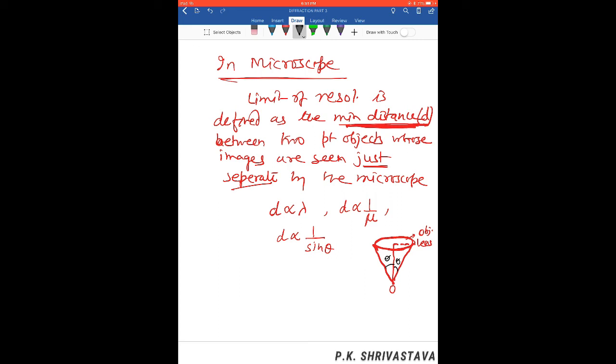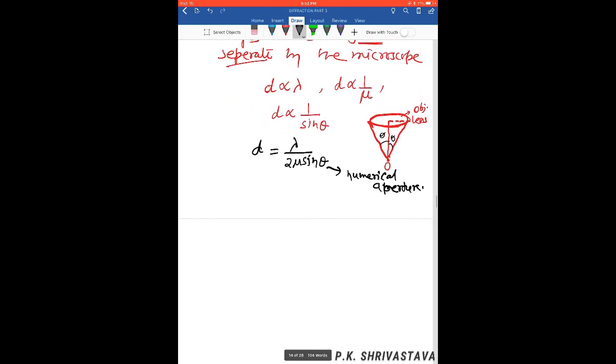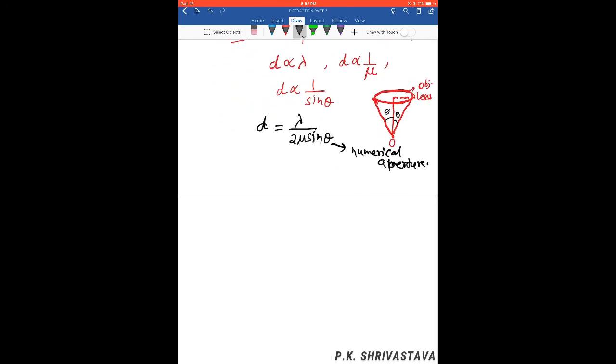So the limit of resolution is given by d equal to lambda upon 2 mu sin theta. This mu sin theta is also called numerical aperture. So resolving power of microscope